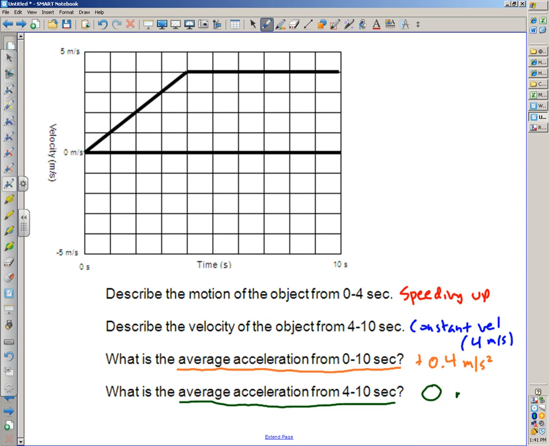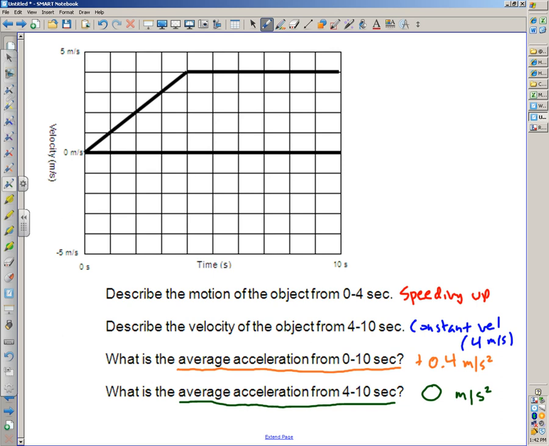Wait. I thought velocity was displacement. Wasn't velocity displacement over time? Oh yeah. So the displacement is 4 at 4 to 10 seconds. No, because that side is measuring velocity. How do you find